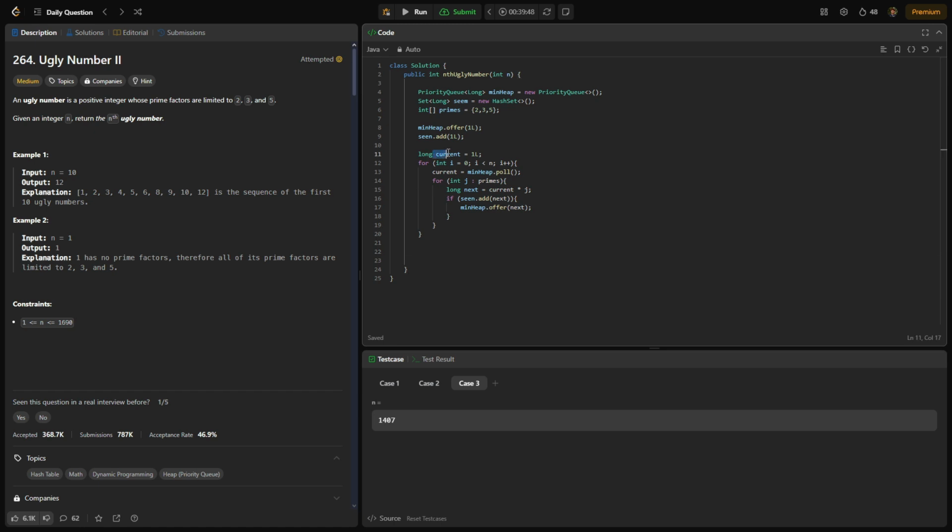So current is going to go until i is equal to n, meaning that we have found our ugly number. It's going to be the number currently pulled from our heap, and it's going to be multiplied by our primes to get new numbers to add to our heap. Once our current is equal to our nth ugly number, we can return current as an integer. So if we run this,